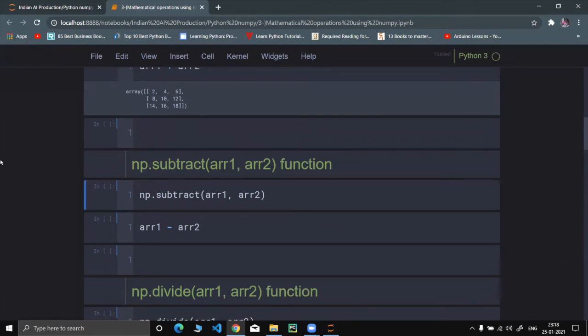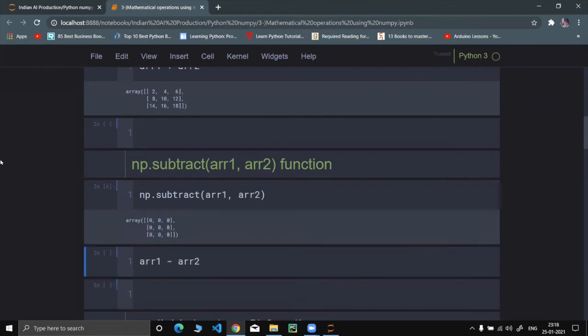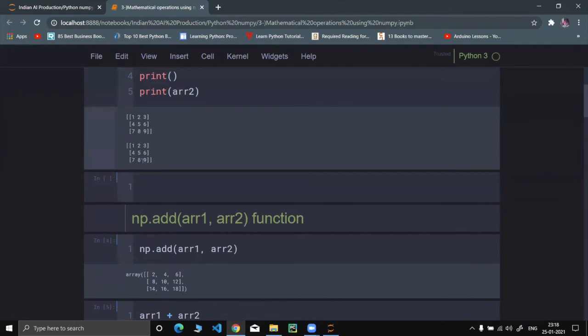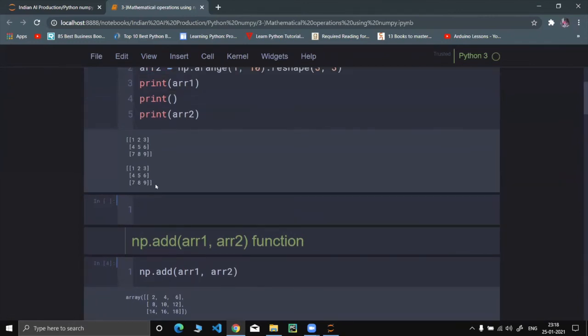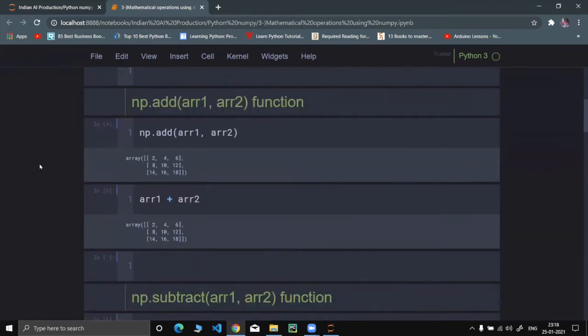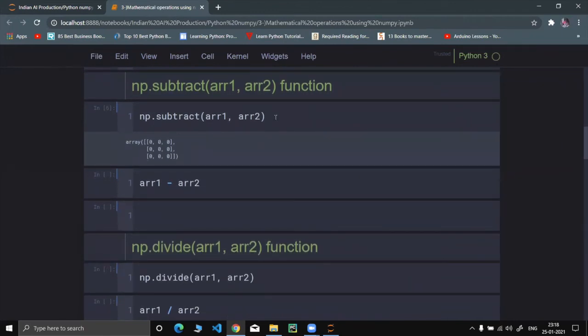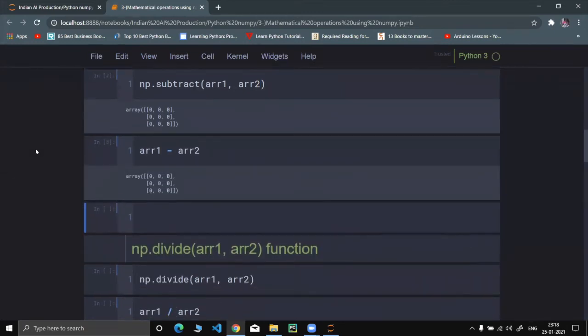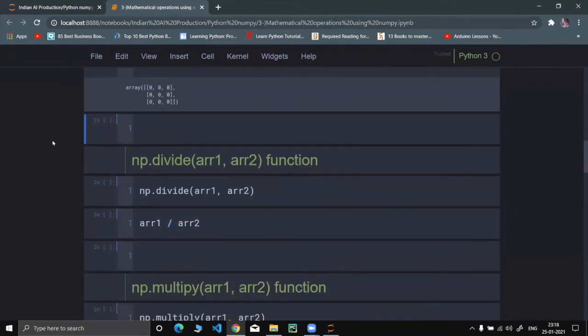Similar with numpy.subtract. Since both the arrays had similar elements, we got a zeros matrix, I guess. We can also do that using the minus sign.